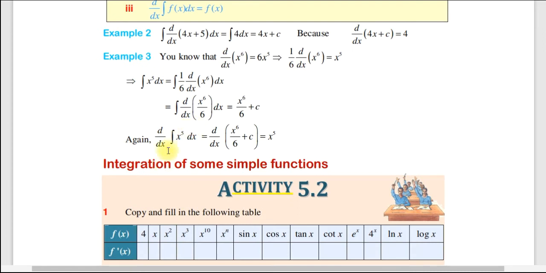Again d by dx of the integral of x power of 5 plus dx ካደረግነው ደግሞ መጀመሪያ ውስጥ ያለውን ኢንተግሬት እናደርጋለን፣ x power of 6 over 6 ማለት ነው። ኢንተግሬት ሲደረግ ከዛ ደሪቬት ማድረግ፣ መልሰን ደሪቬት ስናደርገው x power of 5 ይሰጠናል ማለት ነው።